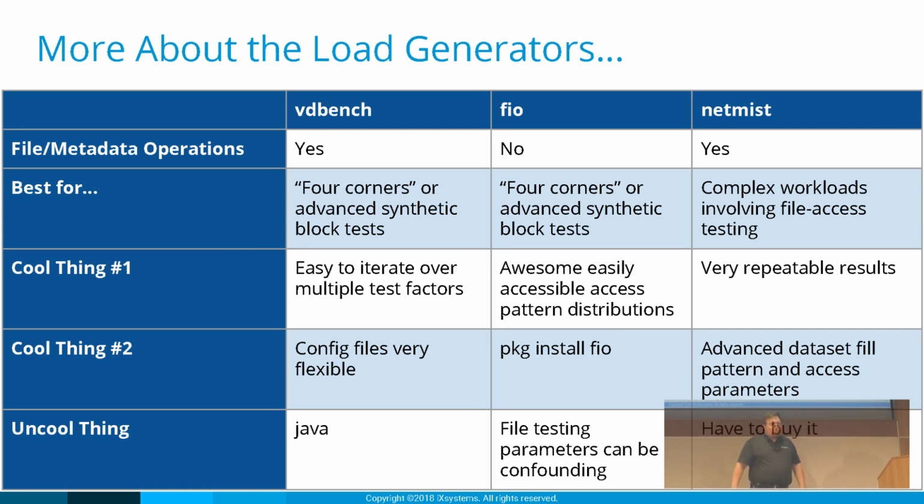And there is at least one uncool thing about each of these tools. For VDbench, it does use Java, but it does run well with OpenJDK. The load is actually generated with native calls through JNI, so that's why it would need a BSD port if one wanted to use it on BSD. With FIO, you can get what you want with the file layout on FIO, that's an odd sentence to say with all the FIO and file in there. But it can be very confounding to actually get it to do what you want because certain parameters are divided by other parameters to get your file sizes and stuff like that. So that's sort of uncool. And the uncool thing about NetMist is that you have to buy it. Who wants to do that?